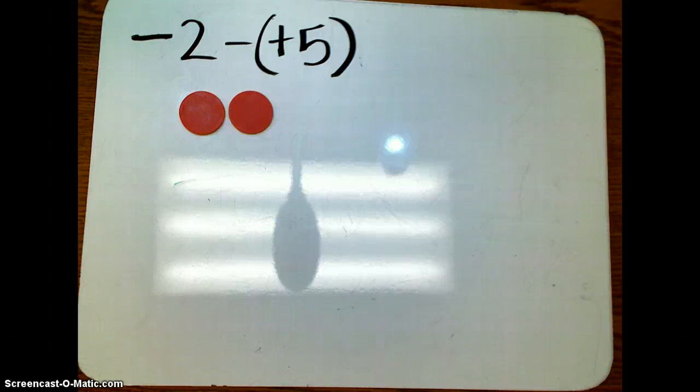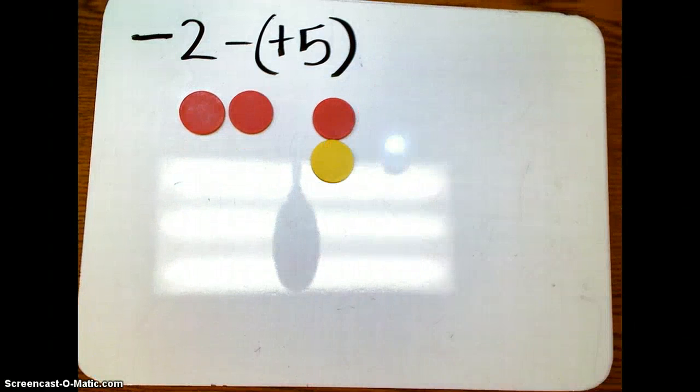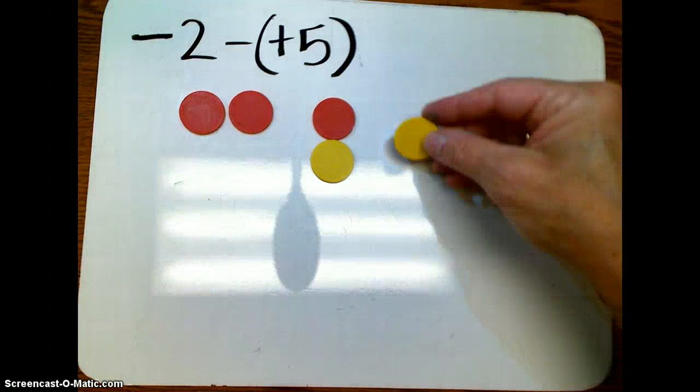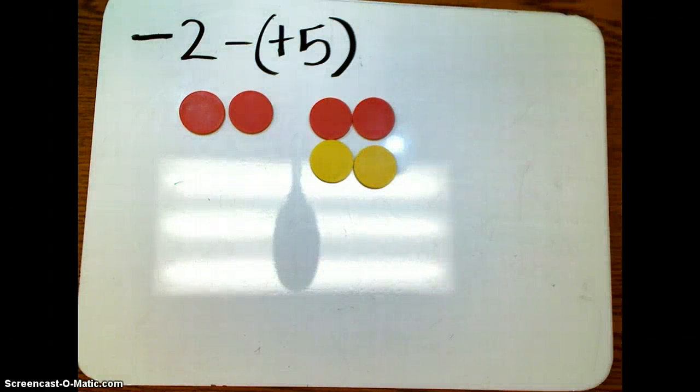This problem is a little bit different because it involves negatives, and we are going to start with a negative 2. As you can see, it's negative 2, and we're taking away a positive 5, subtracting a positive 5, but we don't have positive 5, so we're going to add 0 pairs so that we have positive numbers that we can take away. So there's my first 0 pair, and my second one,